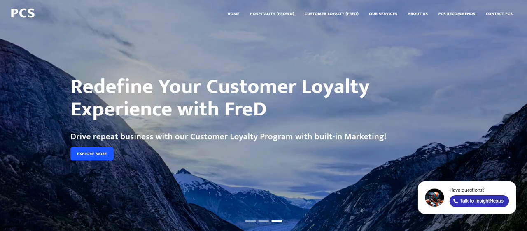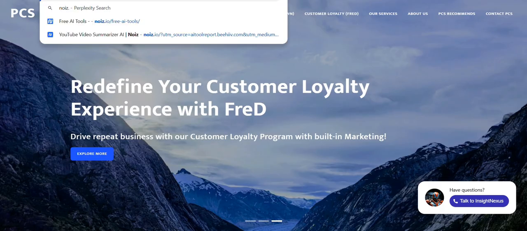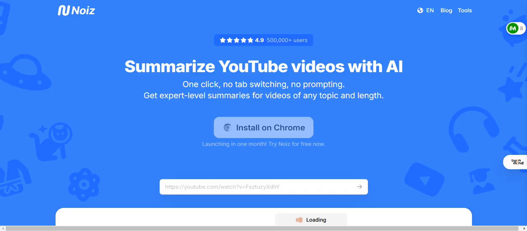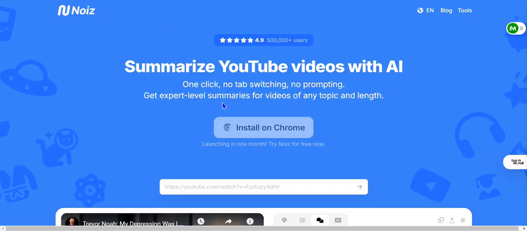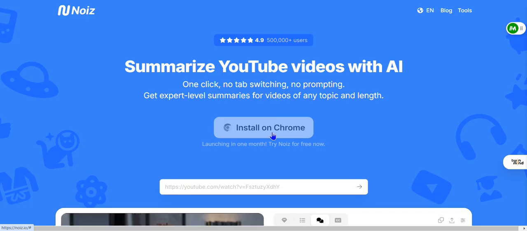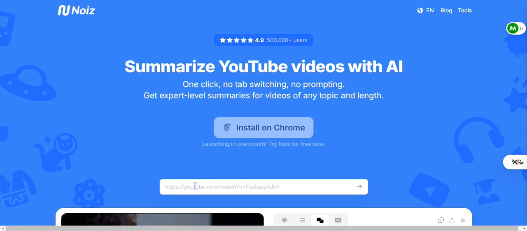Let's go on there right now, and it comes up with this simple interface. You can see they also have a Chrome extension, so you don't have to go to the website, you can just run it directly from the Chrome extension. And let's go to